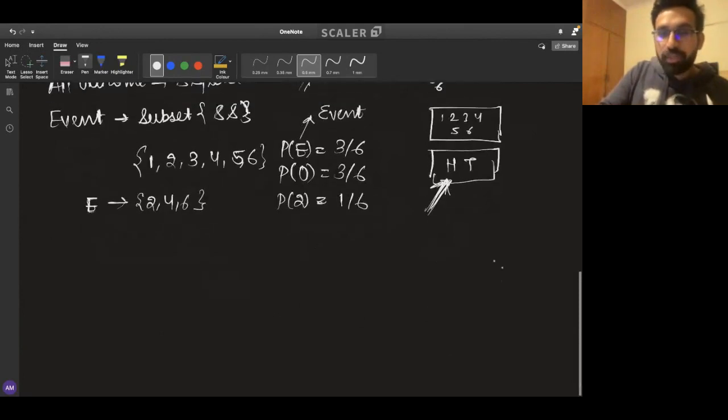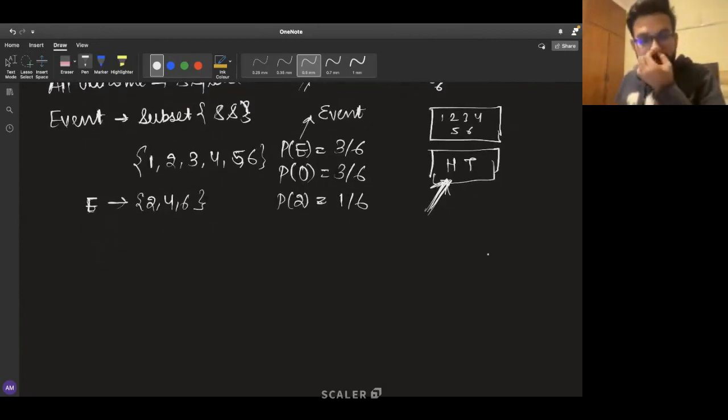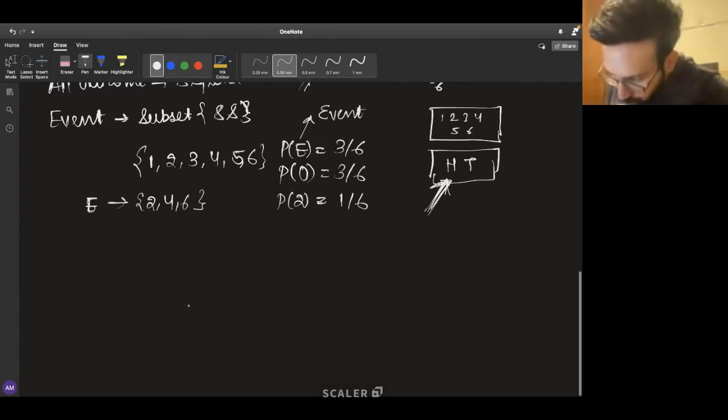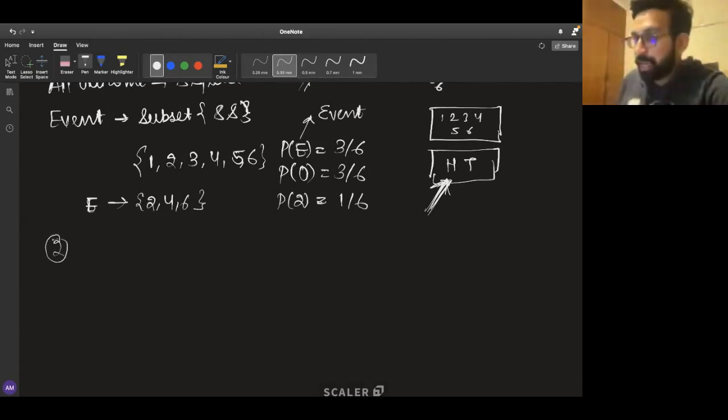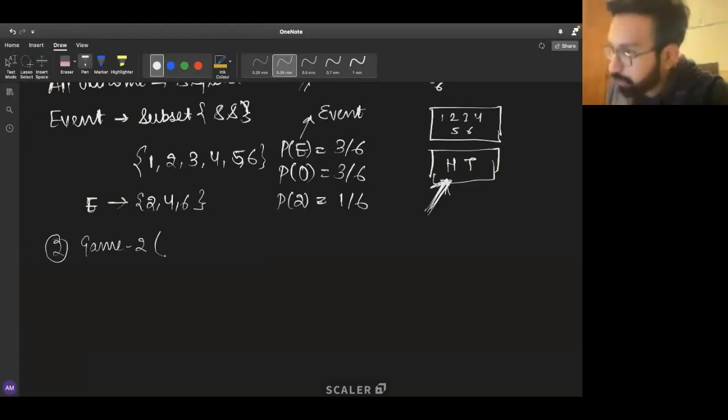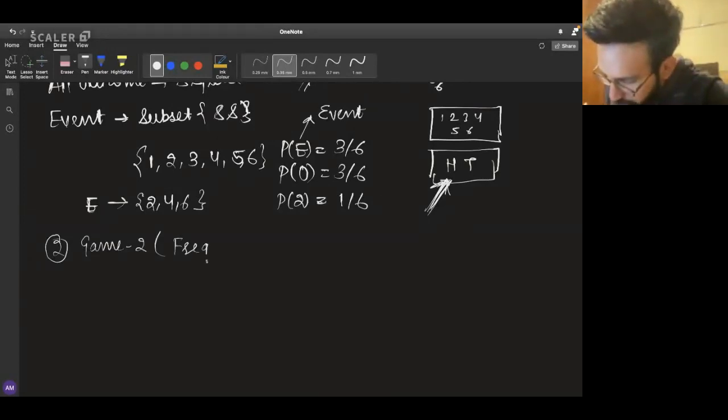That is how the whole business discussion would look like today. So let's talk about another game that you would play in a Las Vegas Casino, game 2. And here we'll discuss something called a frequentist approach